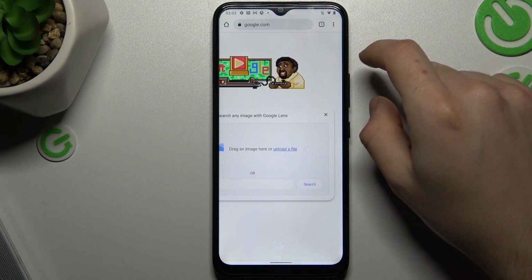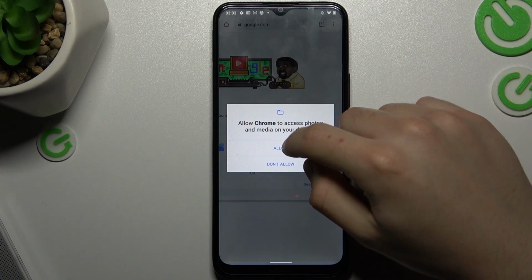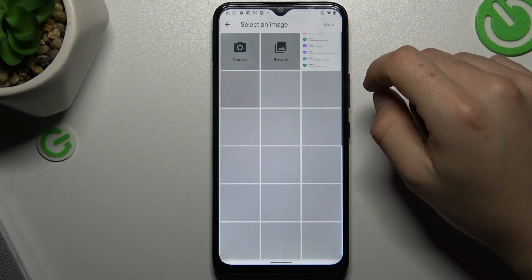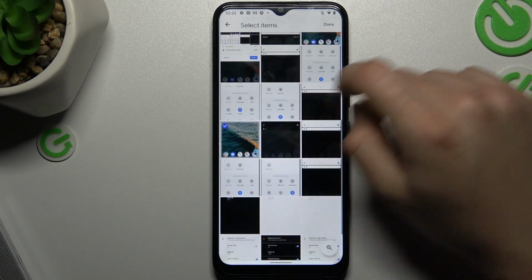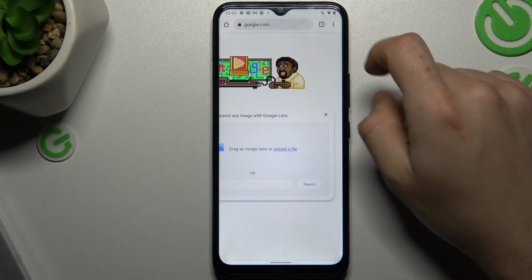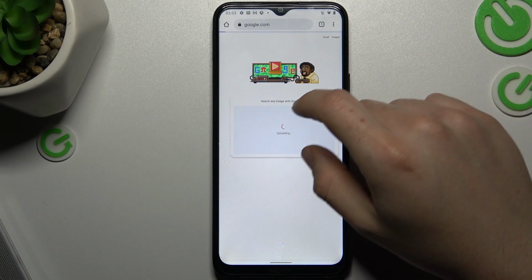Now click there to upload the photo and click allow. Now choose the photo that you want to search in Google. I will choose that one and click done. Now the photo is uploading,